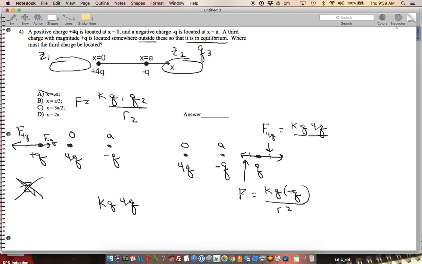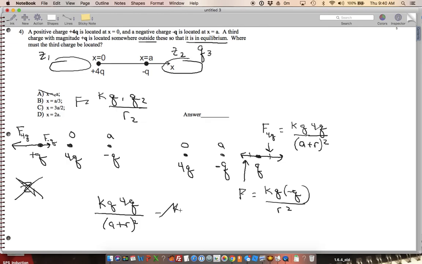So r squared here means the distance from 4q to this q. So we're going to call that a plus r, where this is the distance r. A plus r is the distance from 4q to q, and that's squared. And this one is r, from here to here. That's my r squared. So I'm going to have kq, 4q, over a plus r squared